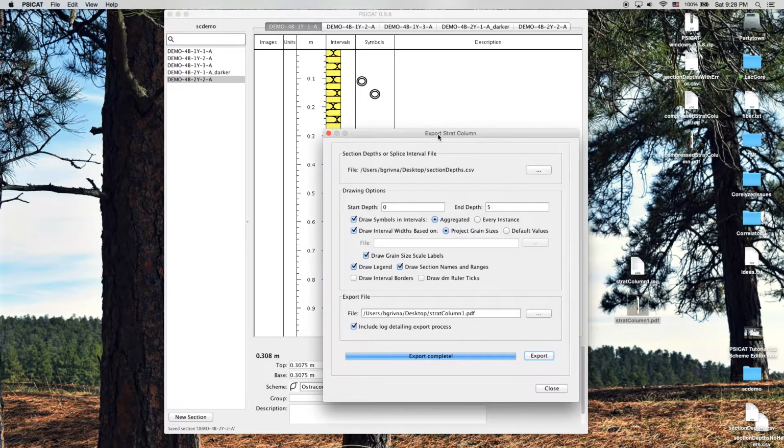So one more thing to note. When exporting a Strat Column with section depths, the full contents of each section will be included. If you specify a depth range that's shorter than the section's length, for instance, top depth 0 meters and bottom depth 0.5 meters for a section 1 meter in length, its contents will be compressed to fill that range. However, if you specify a depth range that's longer than that of the section, the contents will not be stretched